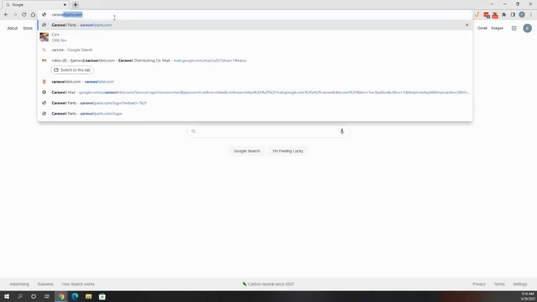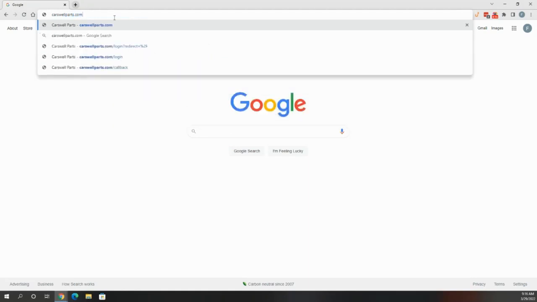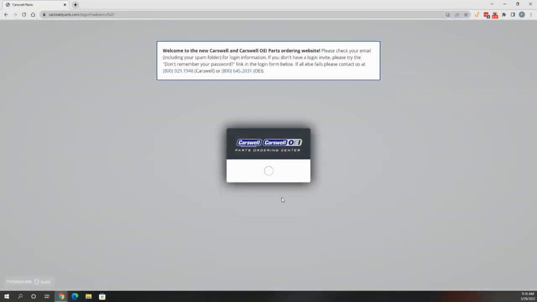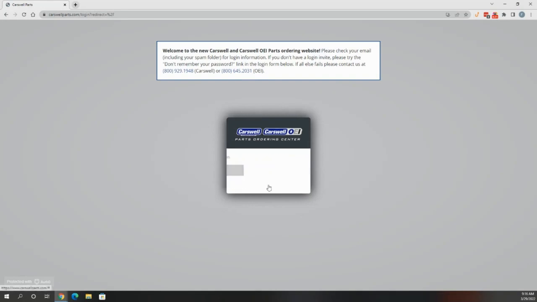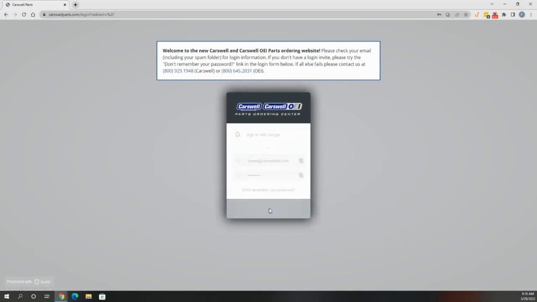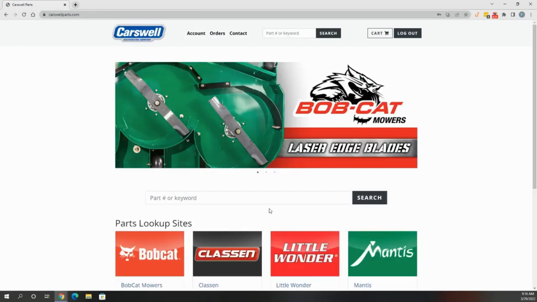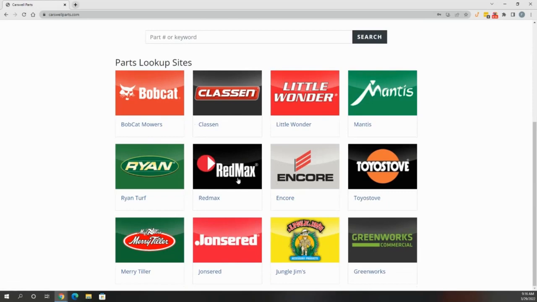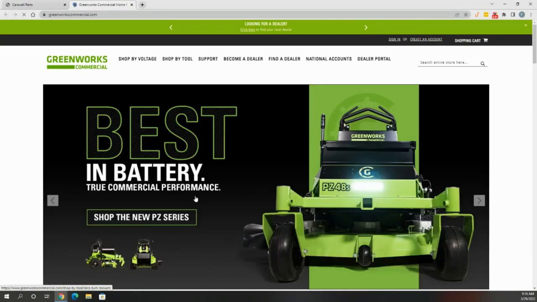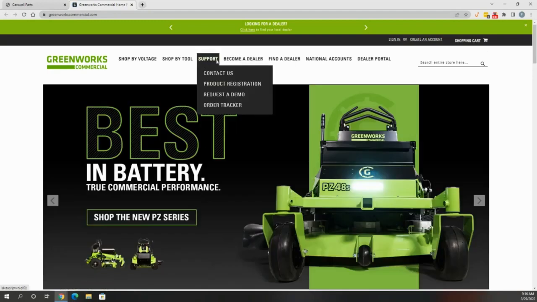Simply go to carswellparts.com, log in, and when you get to the first home page here, you're going to see the parts lookup sites. Let's say we want to look up a Greenworks part, for example. Scroll down, find the Greenworks icon, click on that, and in a new page, you will go to the greenworkscommercial.com